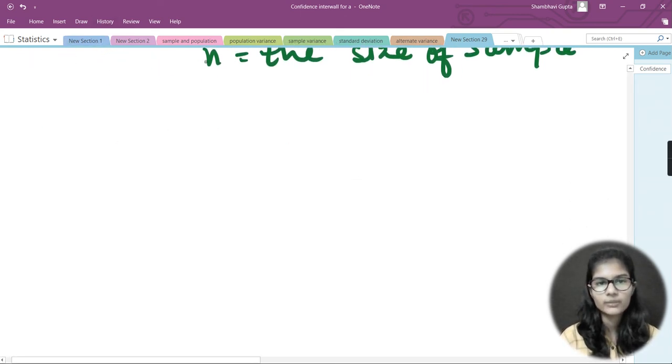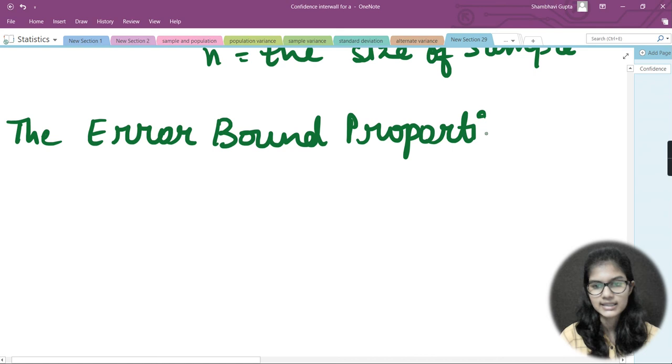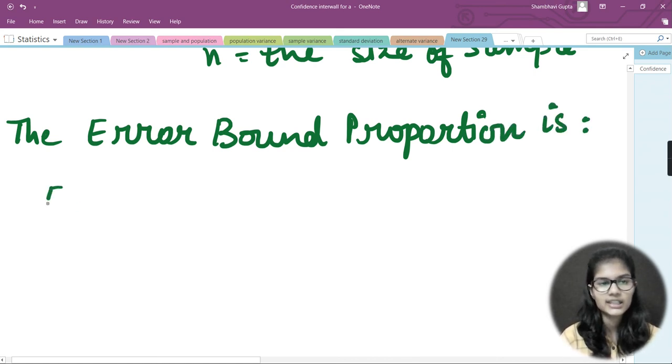After this, what is the error bound for a proportion? Right now I've just mentioned EBP. Now if I have to find that EBP, let me write E as capital here. That is the error bound proportion, right? So the formula for the error bound proportion is basically